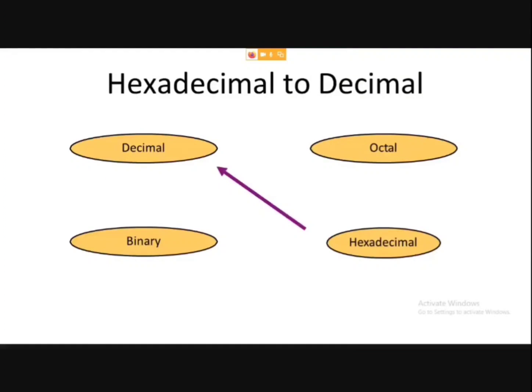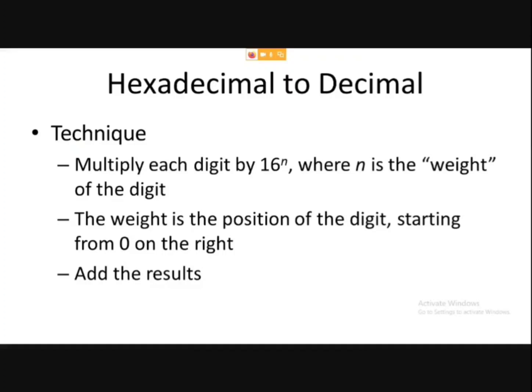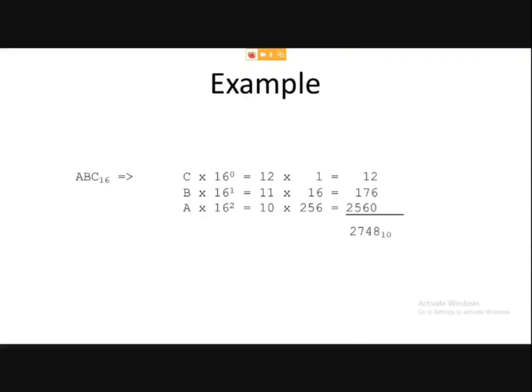Now hexadecimal to decimal. The rule position is again the same. Just like for binary we had used 2 raised to power n, and for octal we had used 8 raised to power n, now for hexadecimal we are using 16 raised to power n. Okay, proceeding further, let's suppose ABC is the number in hexadecimal, and we have to convert this ABC